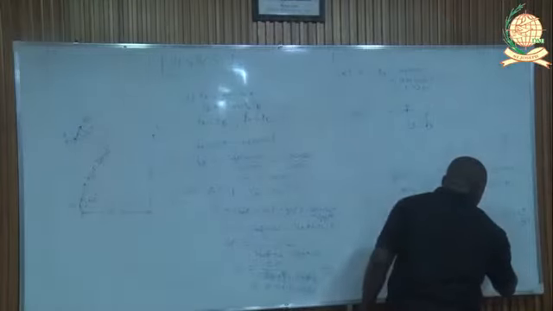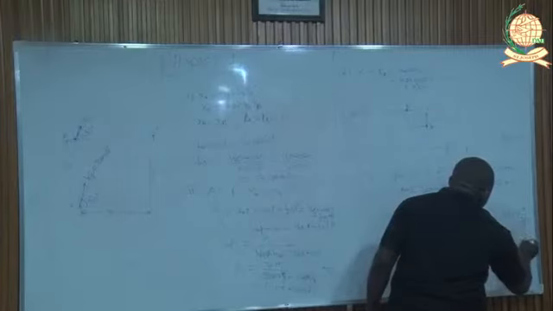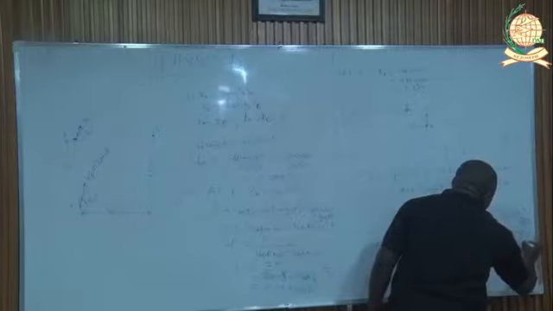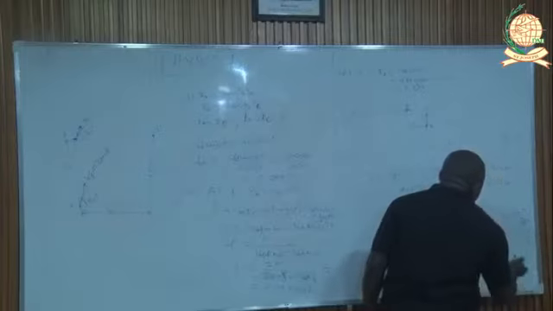So 157 equals 2 pi r times 90 over 360. Then r will be equal to,